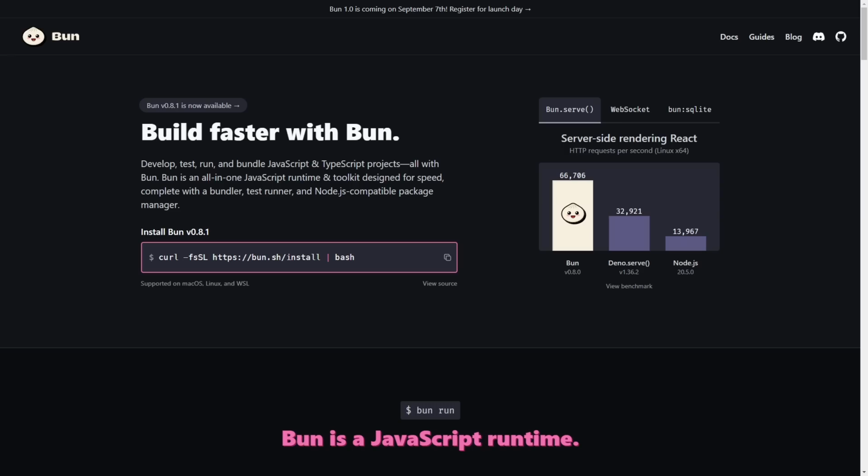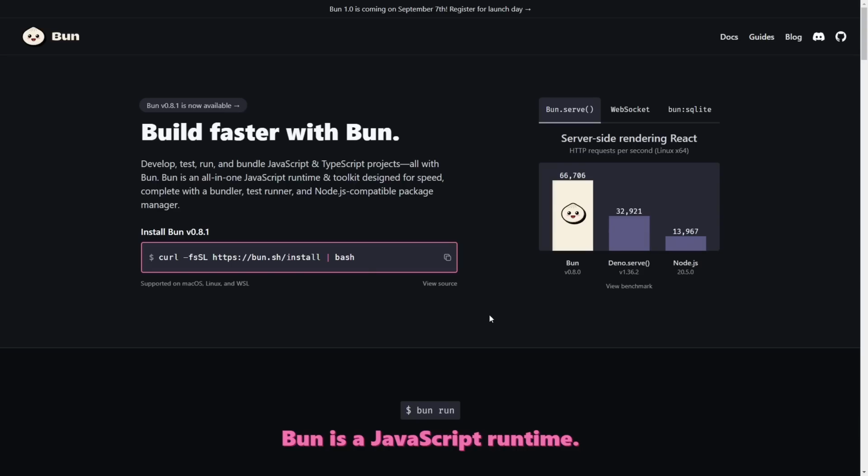As you can see, Bun is about to hit 1.0 in the releases, which means that it would be stable. It's set to be released on the 7th of September and today is the 6th. So we should be very close to a version that is actually very close to 1.0. So I thought let's just make a quick little crash course video on everything that you can do with Bun